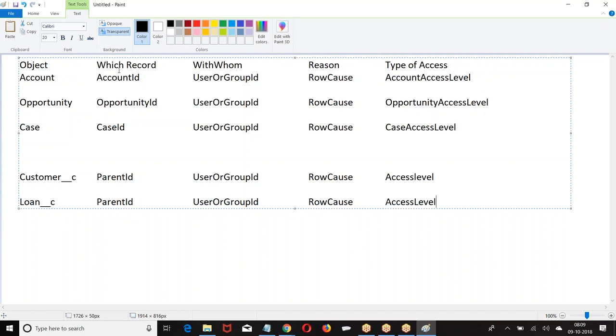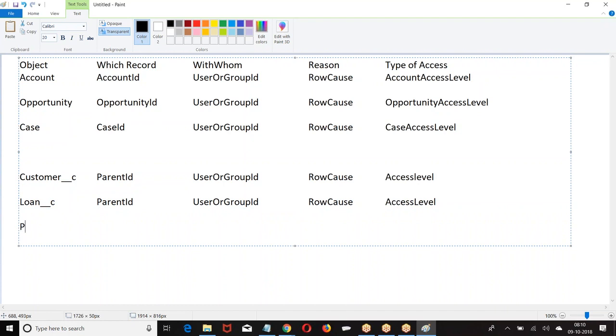Custom object, we are going to have parent ID. With whom you want to share? User or group ID. Same. Reason, row cause. Type of access: standard object, object access level; custom object, access level.